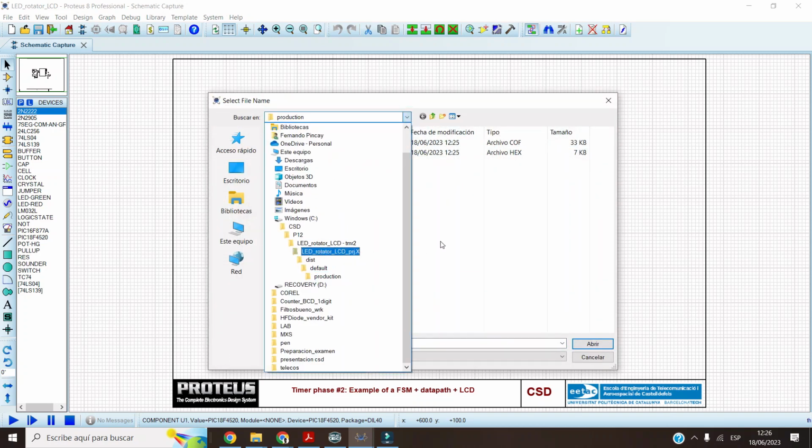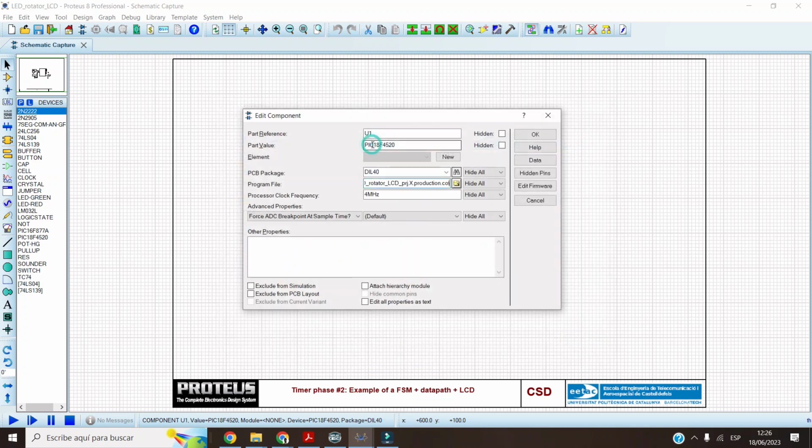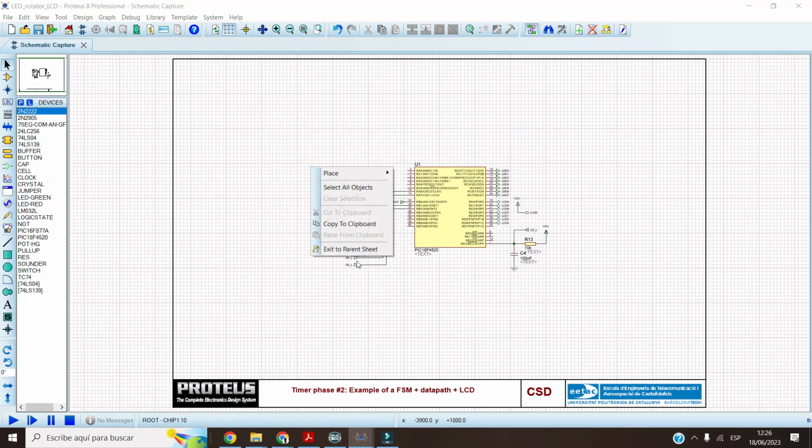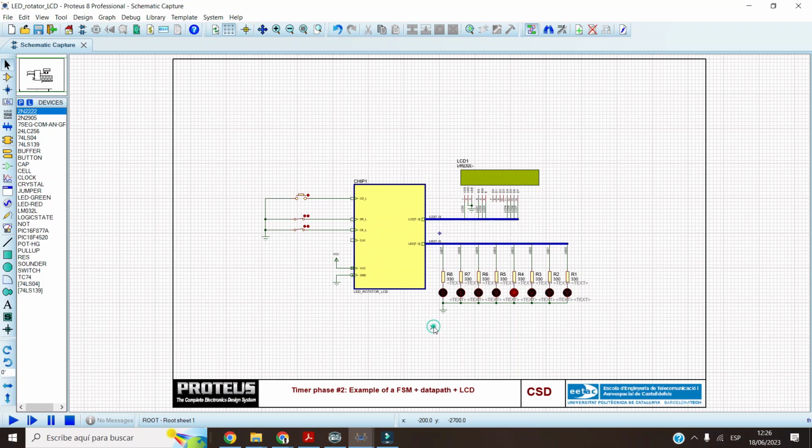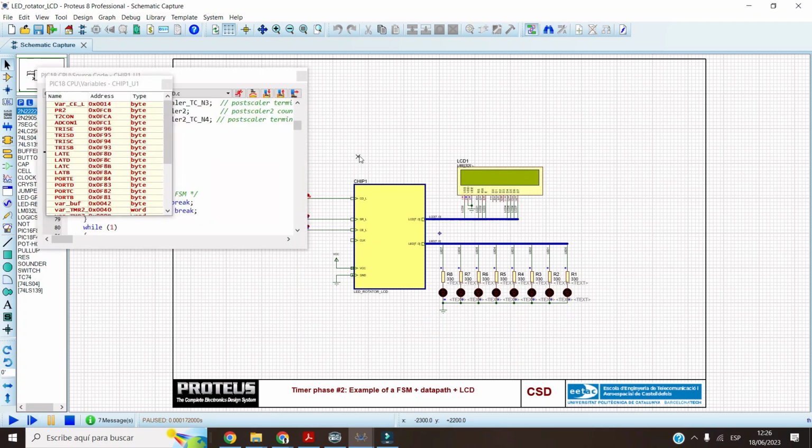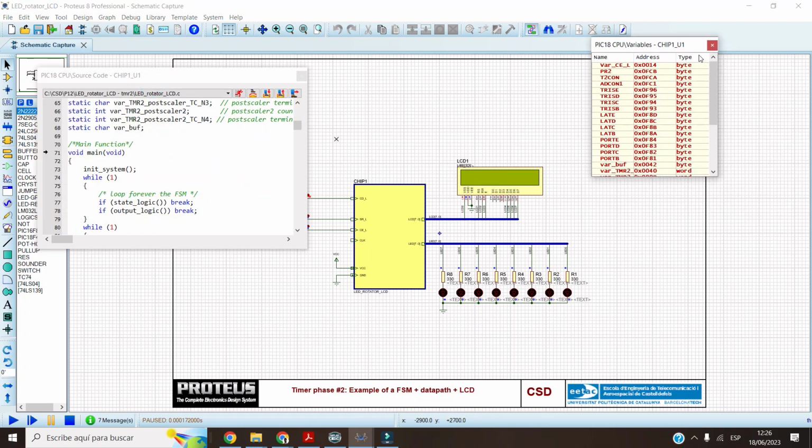We are in timer 2, load the file. Okay, and let's run it as before, running in the CCS style,